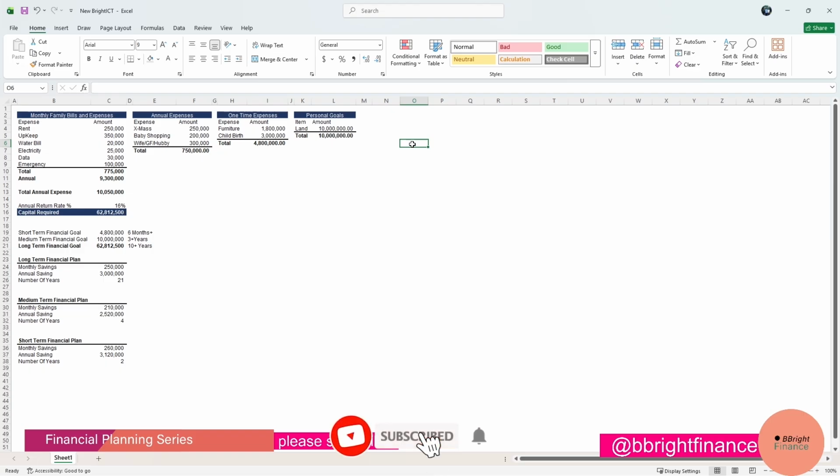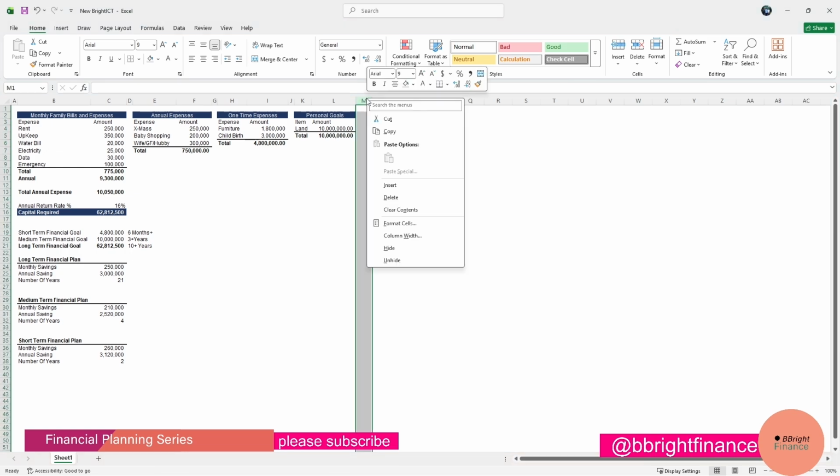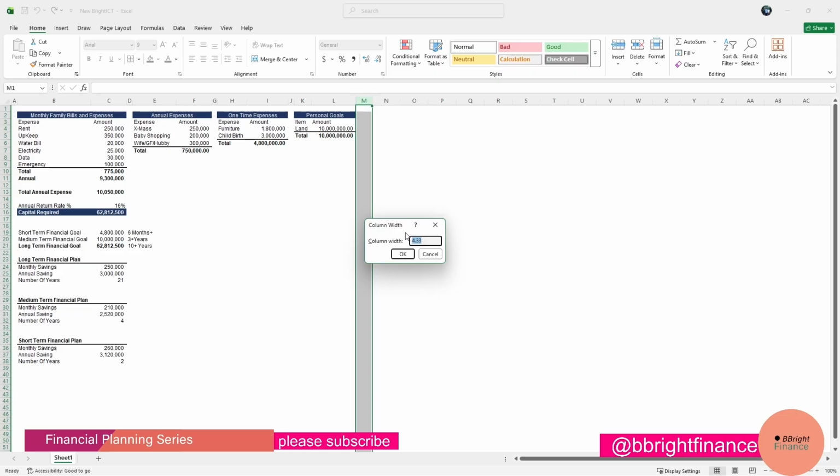Maybe yours may not be 21 years, maybe 15. Then for the medium term, maybe 3. Then for the short term, maybe 1 year. So this is just going to be looking at how we can shorten that period. So you remember, when you're getting this money monthly, you have different options, either to keep it in your regular account or a savings account, or put it in any particular asset that will give you a small return per month. So I just change this